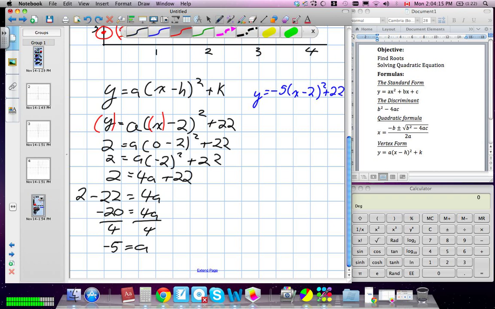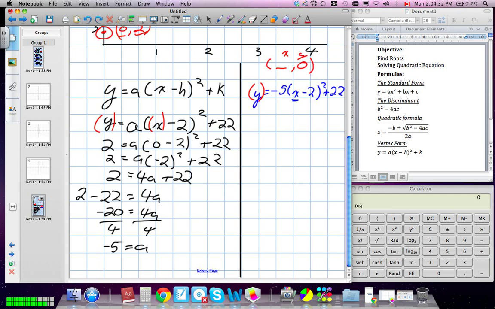Just put a little line down here so we know we're doing a different calculation. So we have 0 is equal to negative 5 times (x minus 2) squared plus 22. I need to bring 22 to the other side of the equation. My goal right now is to isolate x. So when I bring 22 to the other side of the equation, it becomes negative 22 equals negative 5 times (x